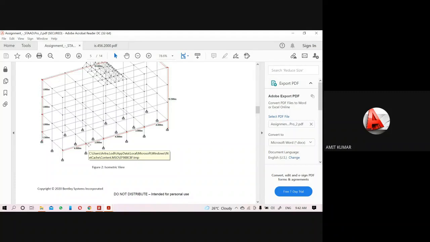The first division is 1.5, then the next ones are 3, 3 and 3. The first one is at plinth level. Then the width of the structure is 6.2 meter and the division is 2, so each division will be 3.1 meter. Along the length, the total is 4, 4, 4, 12, then 18 meter, and the divisions are 5, with values 4, 3, 4, 3, 4. That is the alternate value.